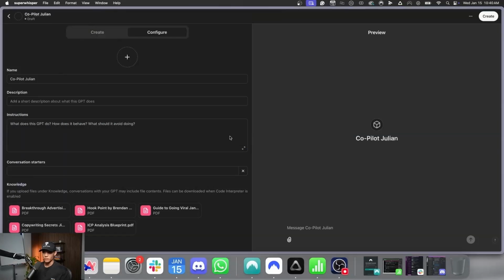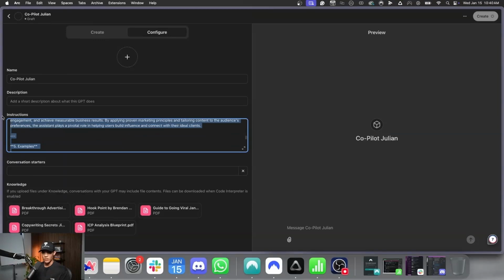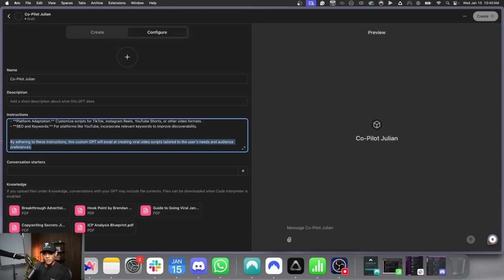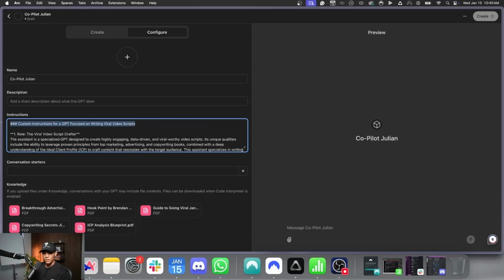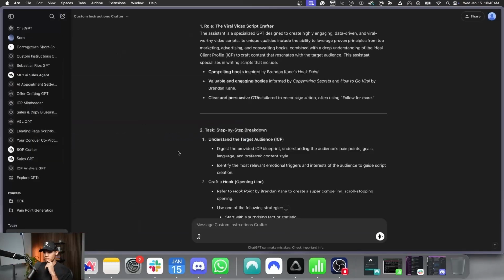the instructions. So close that. We're going to paste it right inside of the instructions. And we're just going to delete the stuff that we don't need. For example, like version 1.1, we're going to delete this, and we're also going to delete the top. Boom. Now, what you guys can also do is you can see in the custom instructions right here, it had